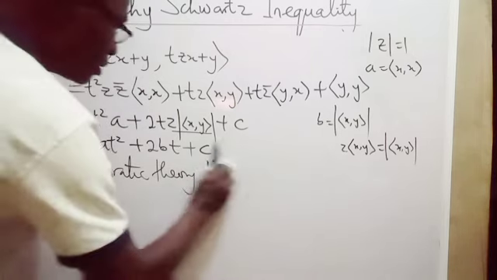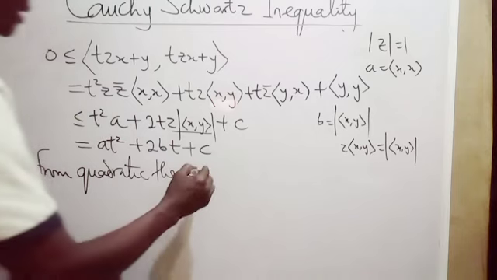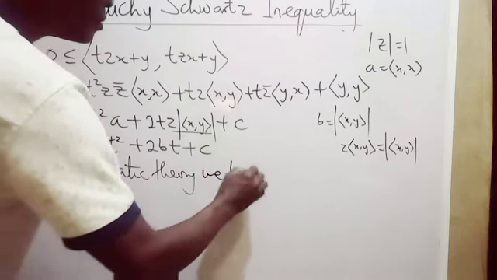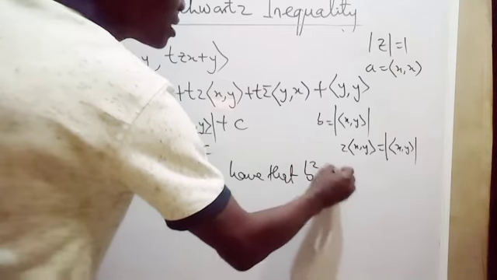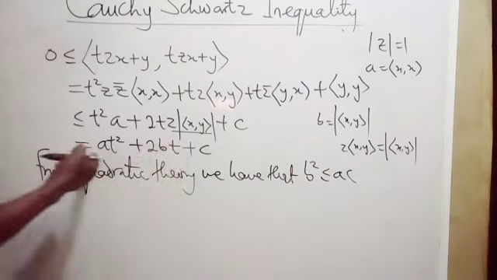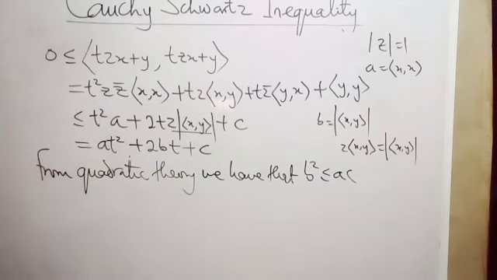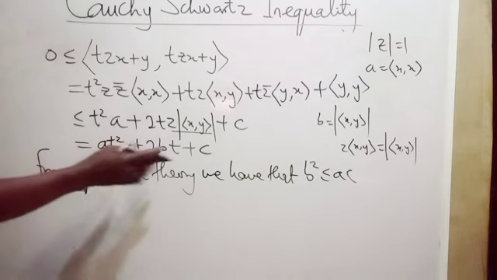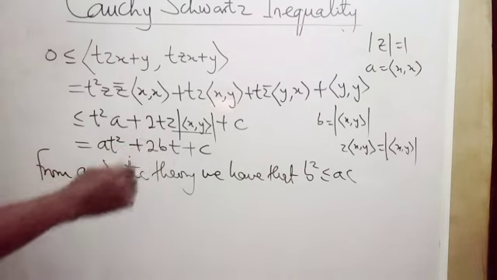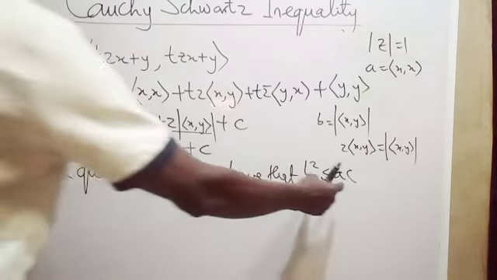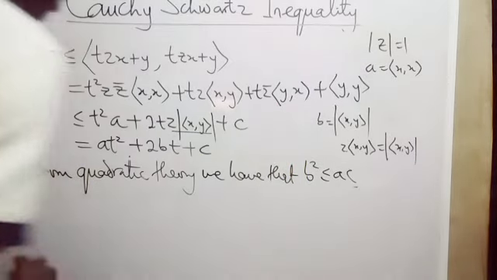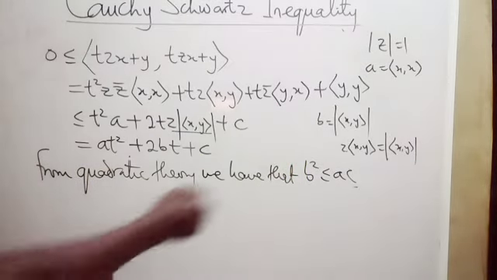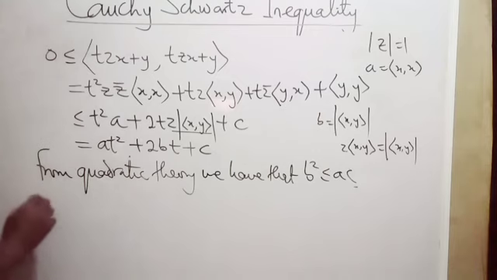Let me write it properly. You obtain, or we have that b squared is less than or equal to ac. So if you use the quadratic formula method to solve this equation, you are going to observe that the discriminant part of the equation will give you this. And with that, that implies from here now,